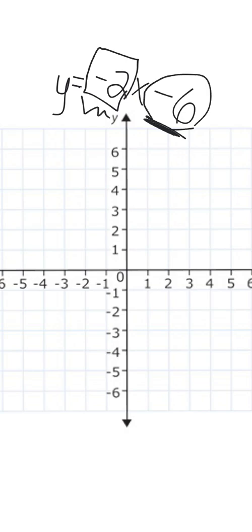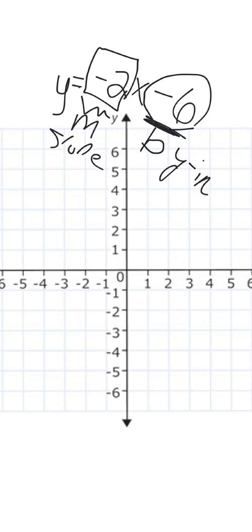The initial value is also your y-intercept, and your rate of change is your slope. This is in slope-intercept form. Y equals mx plus b. M is the slope, and b is the y-intercept. Write that down. Now, in order to graph in slope-intercept form, I say take them in alphabetical order, and you